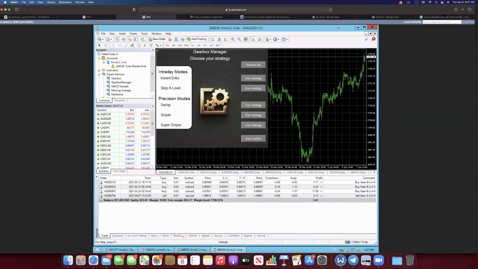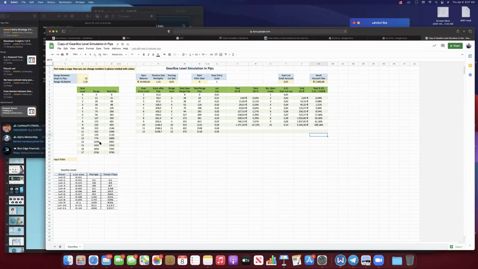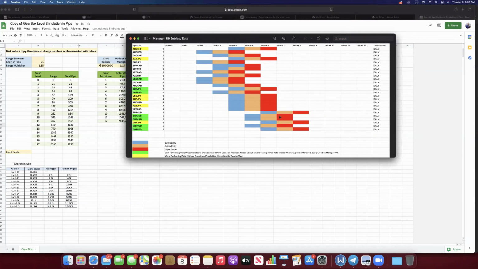And why is that? Well, let's talk about it. Super Sniper is all these red entries, meaning on most pairs we're waiting till gear 4. On many, we're waiting till 6. On some, we're waiting till 7. If we're waiting for gear 4, we're waiting for some of these pairs to have a 138 pip move against us before you even take your first entry. If you're talking about some of the ones on gear 6, we're waiting on 300 pip moves to happen before we even enter. So we're getting very precise in our entries.